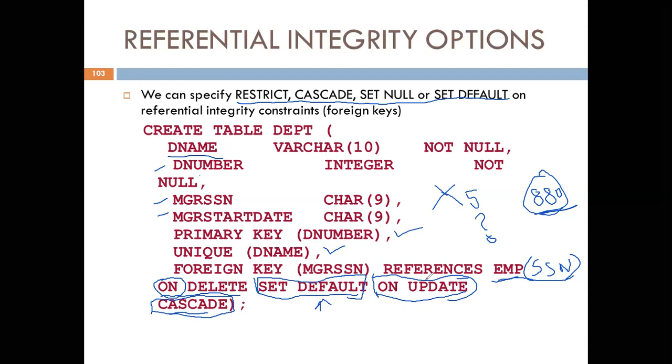On update, what we want we can write. So the actions will be deletion and updation. When these two events occur, what we want to do with this particular row in the department table, we can specify whether we want it to be null, default, or get deleted. They are specified in the action part of this definition.